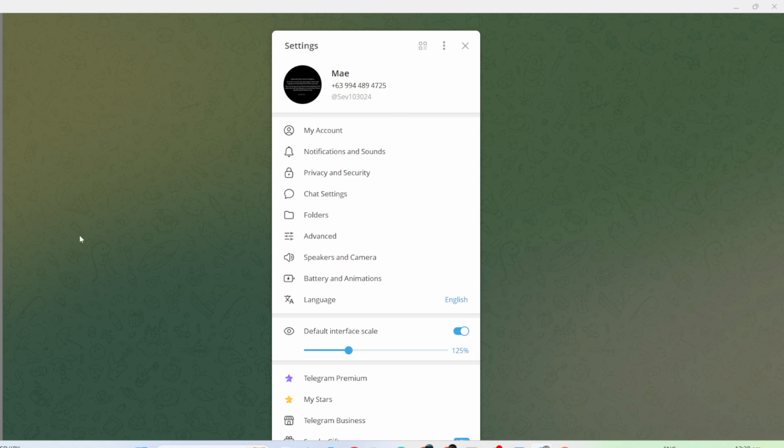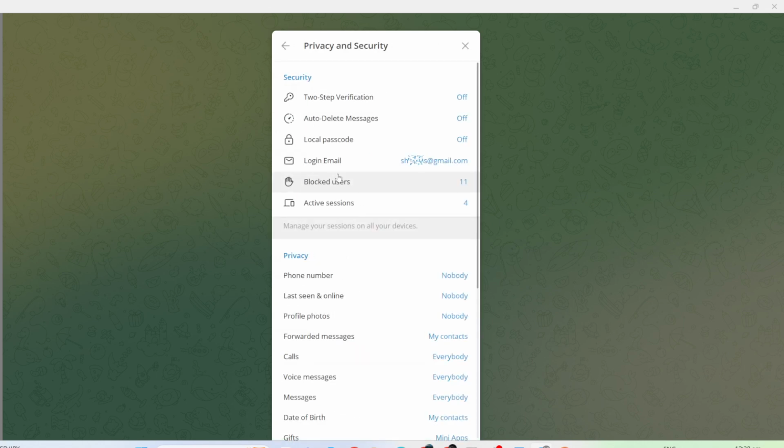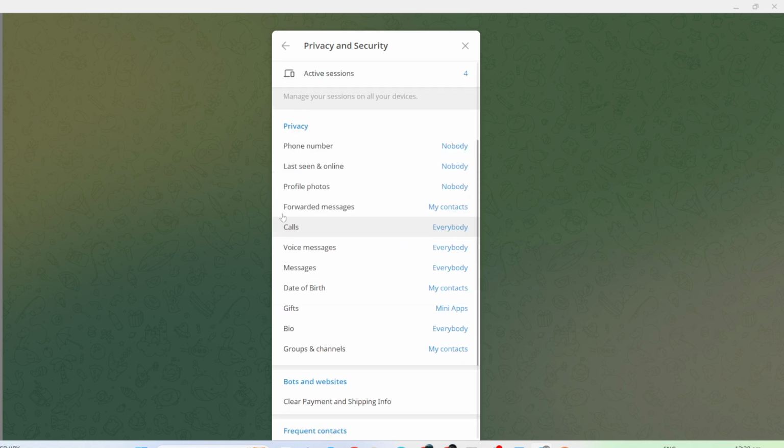Upon entering the Settings menu, navigate to Privacy and Security. This is crucial, as these settings control who can contact you and see your personal information. Let's focus on adjusting key settings to safeguard your privacy. Start by setting your phone number to nobody. This means that no one will be able to see your phone number, adding a layer of anonymity to your